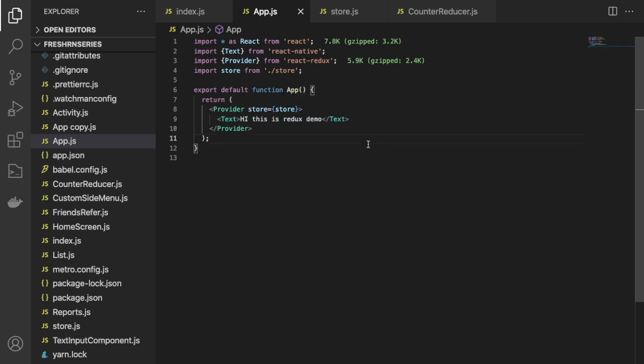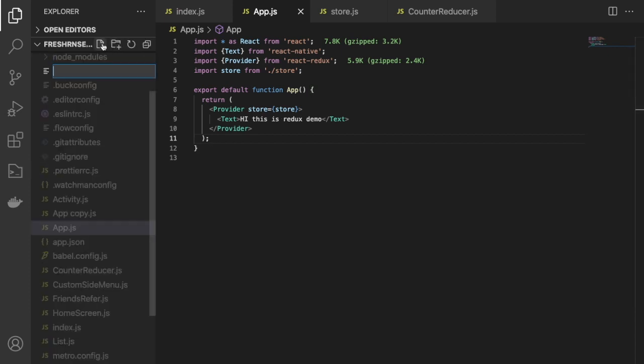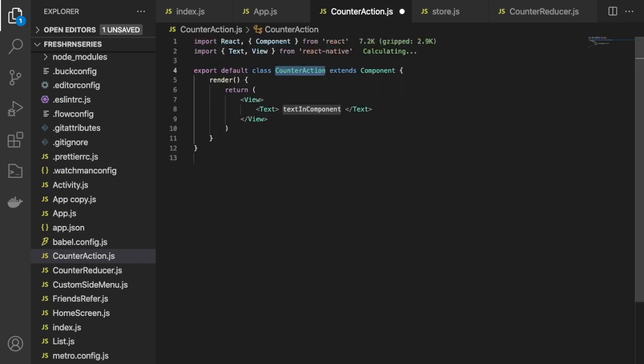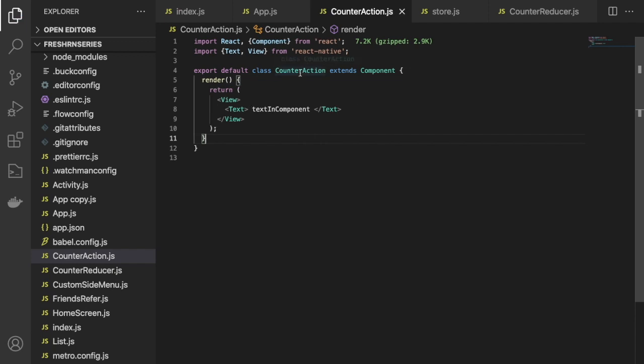Okay. Now we'll create the counter action component. So let me create counterAction.js. Cool. Now we have this counter action component, and let me paste like this.